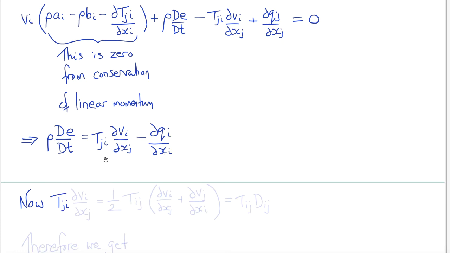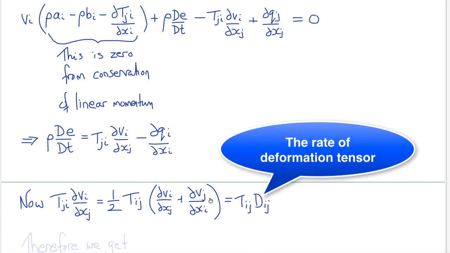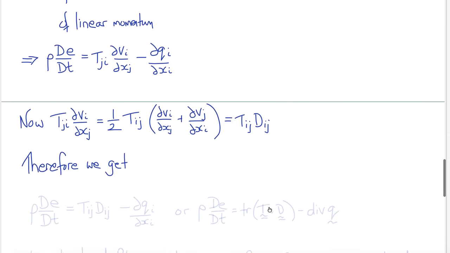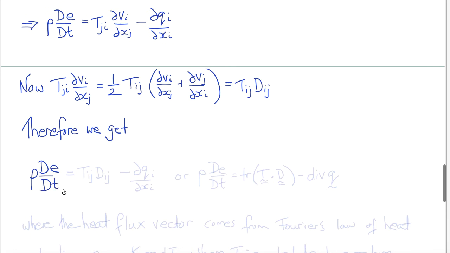Now Tji del Vi del xj, this term here, could also be written as 1/2 Tij times del Vi del xj plus del Vj del xi, and that's because we know that the stress tensor is symmetric. And 1/2 del Vi del xj plus del Vj del xi is Dij, the rate of deformation tensor. Therefore, we can also write our conservation of energy equation as rho times the material derivative of the internal energy with respect to time is equal to Tij Dij minus del Qi del xi, or in direct notation,